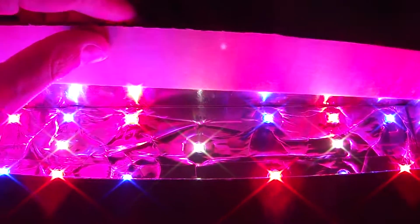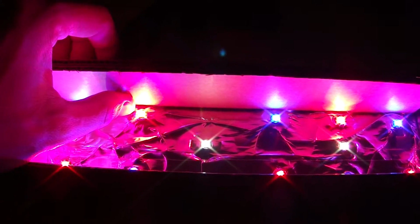So let's actually go and show you this LED array and how the reflectors that even our budget built make a huge difference. You can actually see there's an LED there, an LED there, an LED there, and an LED there, and so on. Those aren't actual LEDs. Those are the reflection from the LED there. So let's flip this over, and you can see what I was talking about, how it's silver. And let's go back to brown, which, as you can see, it's still reflecting, and as you can see, it's not